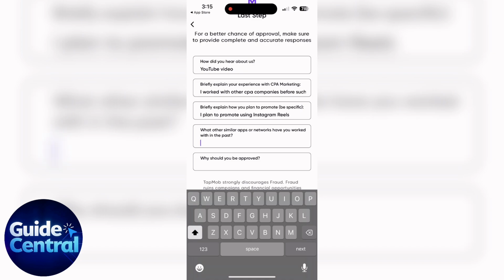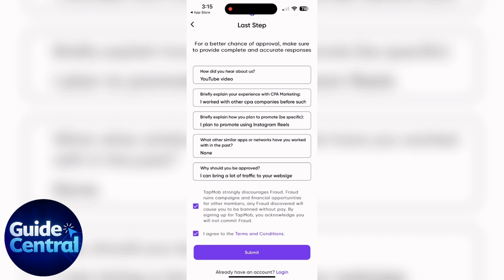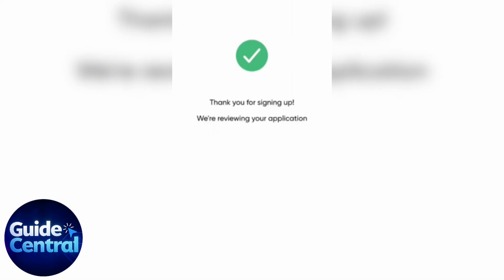For the next one, put any similar apps if you have experience with them. If you're new, then put none. For why should you be approved, put I can bring a lot of traffic to your website and elaborate on it, then click the 2 checkboxes at the bottom. After that, click submit, then it should say your application is pending and you will get accepted within a few